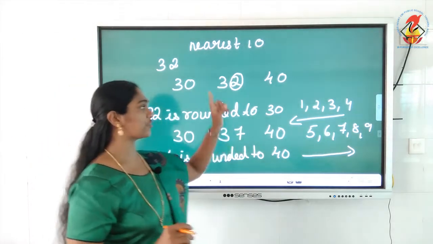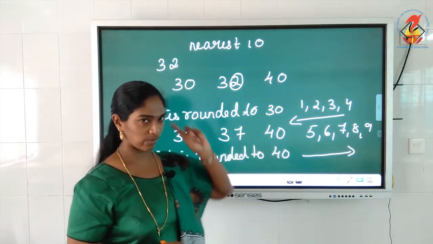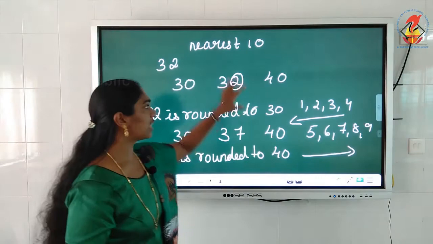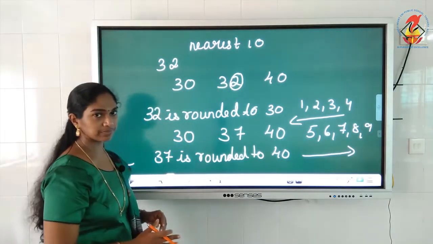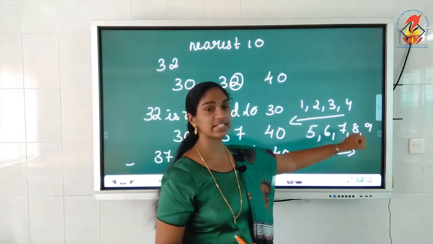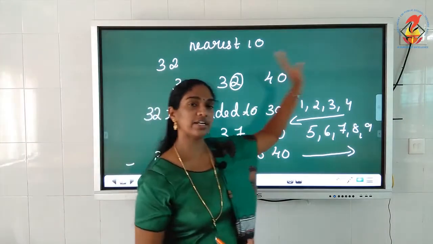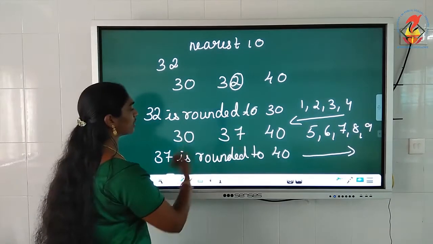In the ones place, if the digits are 1, 2, 3 and 4, then that particular number will be rounded to the first 10. Then if the digits are 5, 6, 7, 8 and 9, then that particular number will be rounded to the next 10. Clear, children? Now if I take the number 35,